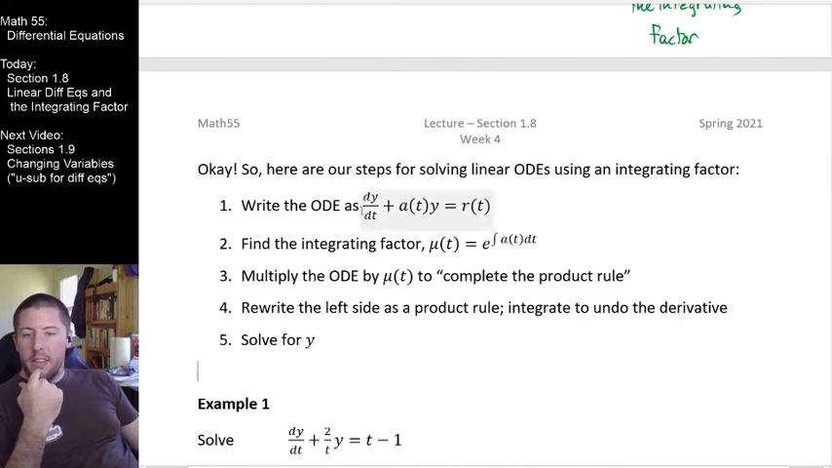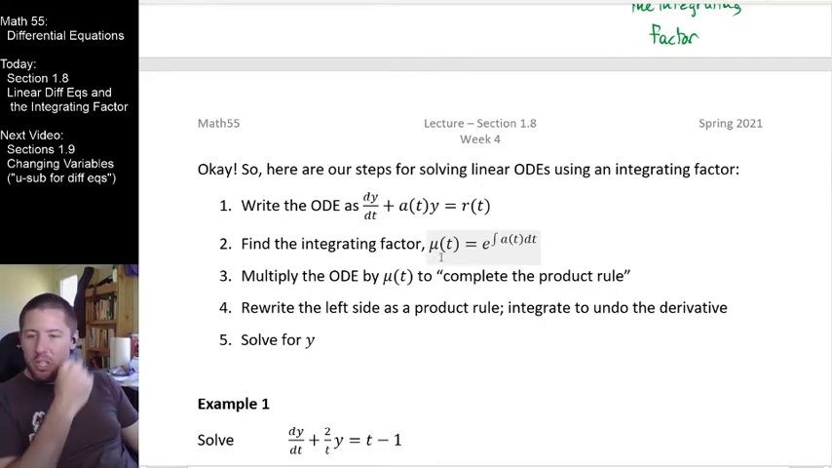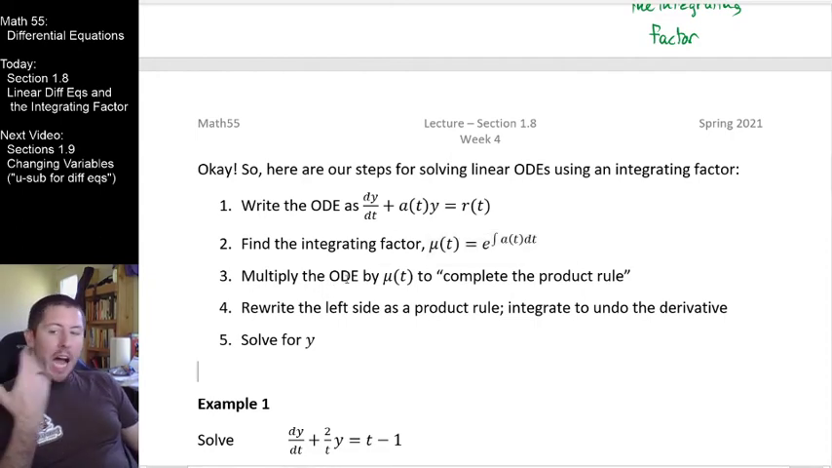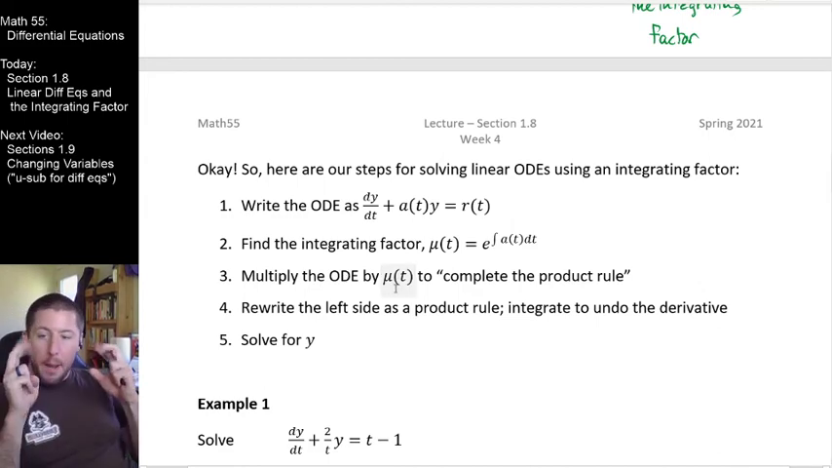We want to rewrite it in this format. We want to solve for what that integrating factor is going to be. Mu of t is e to the integral of a of t dt, which seems weird and difficult, but it won't be. We want to multiply the entire differential equation by that integrating factor, mu of t, to complete our